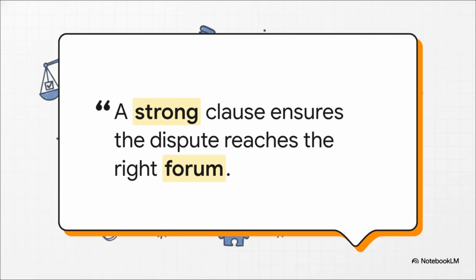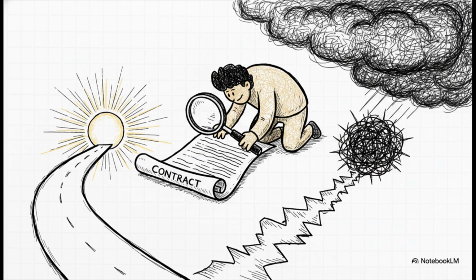As our case comes to a close today, I really want you to remember this vital underlying truth from the material. Drafting precision does not guarantee you are going to win the fight. I mean, if your construction work was genuinely terrible, you are still going to lose the case. But, and this is a big but, a bulletproof clause is the absolute prerequisite for having a fair, efficient, and private fight in the first place, rather than wasting years of your life and your client's money arguing in court about jurisdiction.